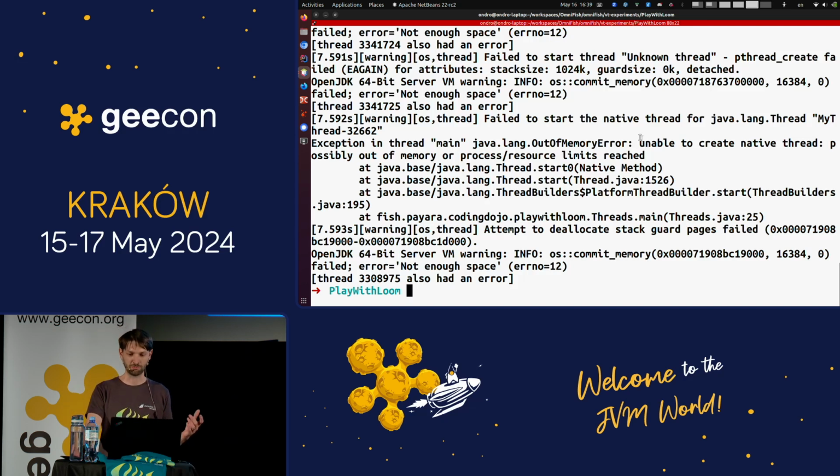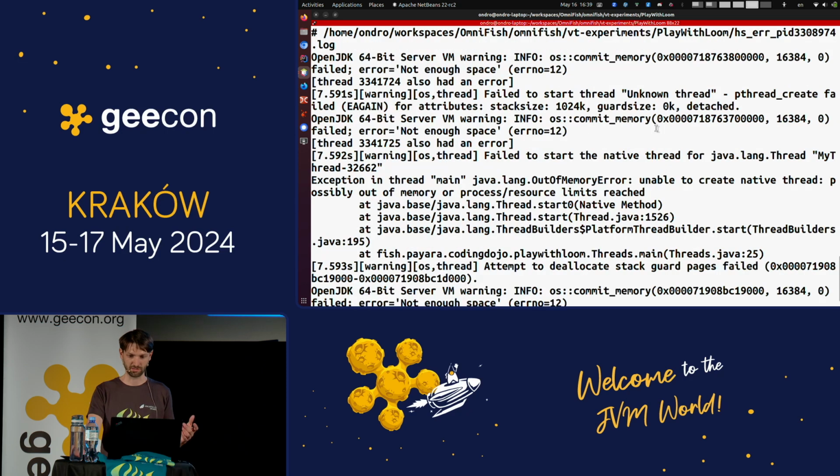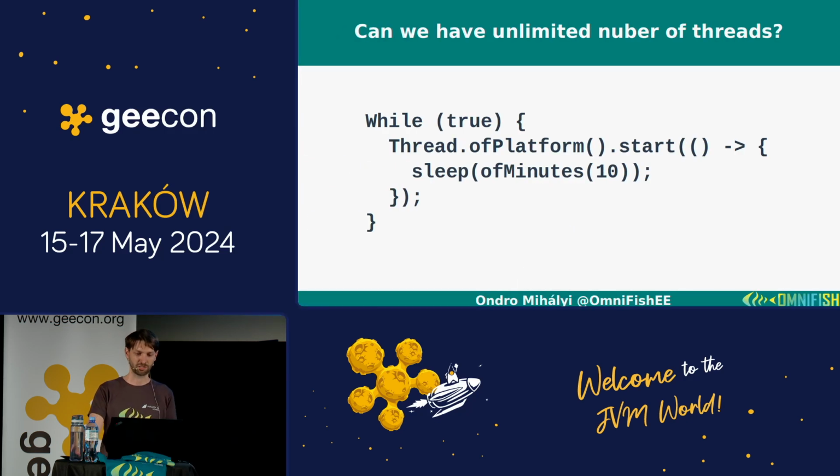And I don't know, by some virtue, it is this specific number somewhere. So when you create this amount of threads, at least on my system, it's always going to kill your process. And it's always the same number. I tried it multiple times, it's always the same thing. So I don't know why it's that number, but what is actually happening when you create so many threads?